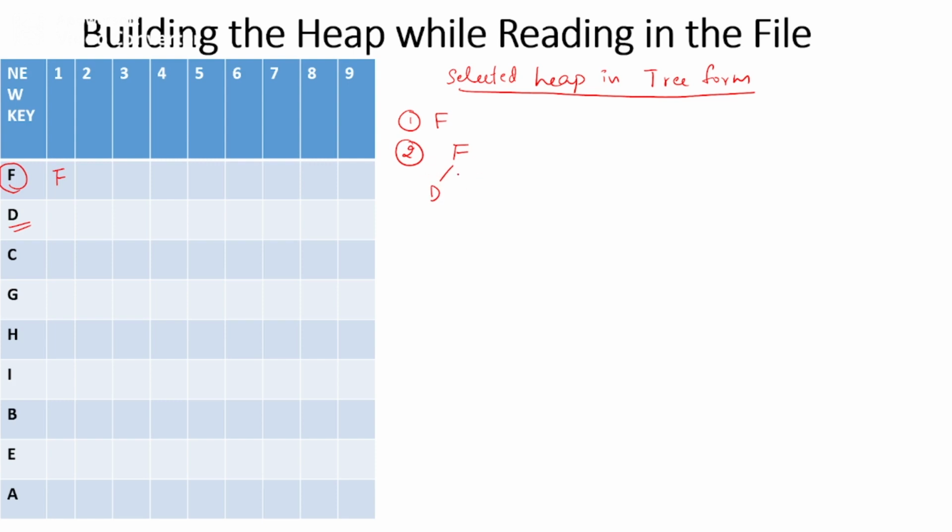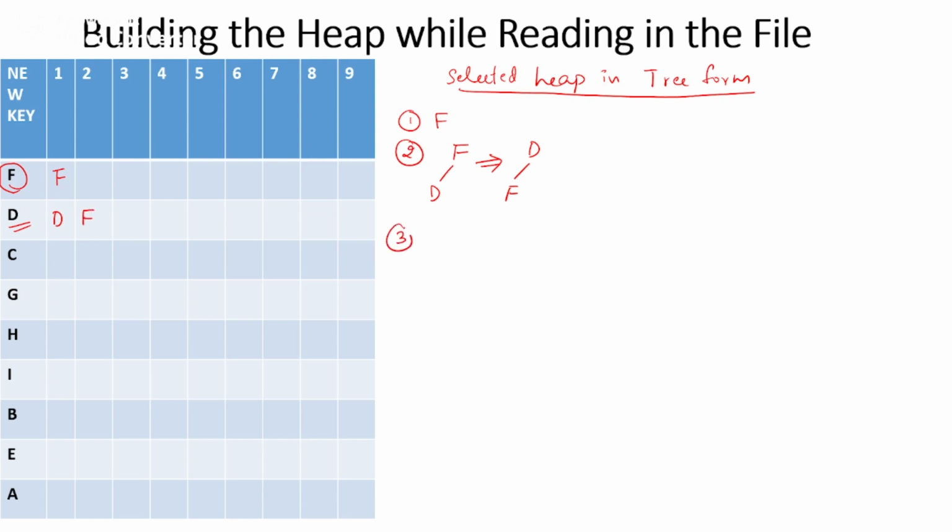Now when you write like this, you can understand D is smaller than F. Alphabetically if we go, D is smaller than F. So when we write a tree structure, the parent node should be smaller than the children, right? So obviously this is wrong, we need to swap it. So we will get it as D and F. And now you read it from the root, DF. So that will be written over to your array, D and F.